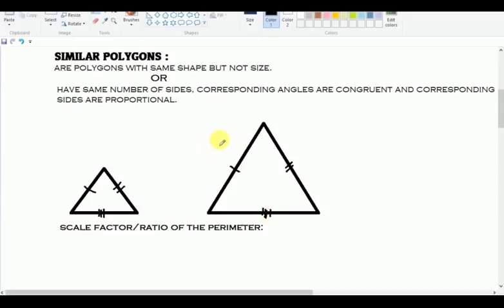It says that corresponding angles are congruent, which means, let's change the colors. Let's name them first. Let me make this A, B, C, and this one will be X, Y, Z. So this just means, in simple terms, that between these two triangles,